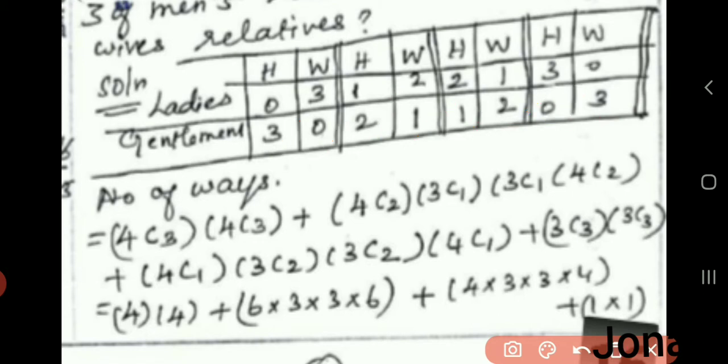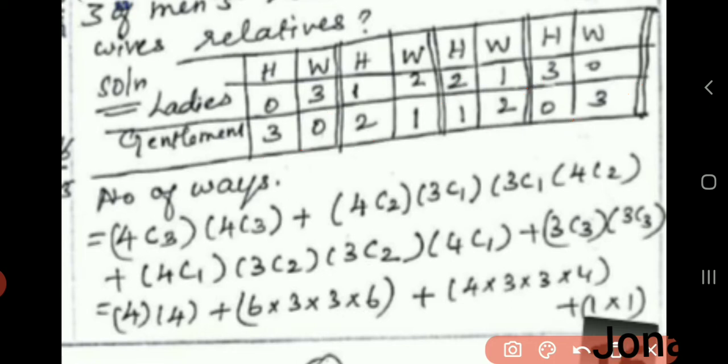Here also we can have 3, 2, 1, 0, so it will be automatically in the ascending order 0, 1, 2, 3. If we take the relatives from the wife's side, we have to reduce from the husband's side. Then we want to do the calculations according to this.